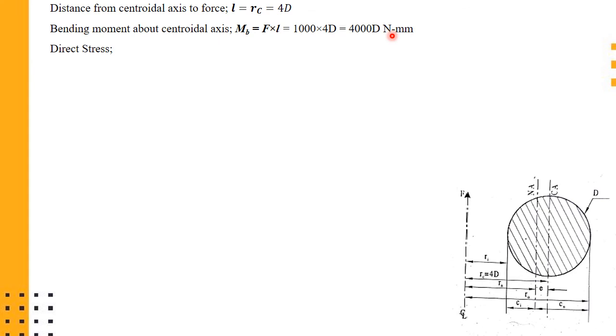From the stress equation itself, we will calculate the D value. So direct stress, you know the formula, sigma D is equal to F by A. So sigma D is equal to 1000 divided by the cross sectional area, pi by 4 d square. Substitute for pi by 4 value, so you get sigma D in terms of d square. It is positive, so it is a tensile force which is basically acting there.